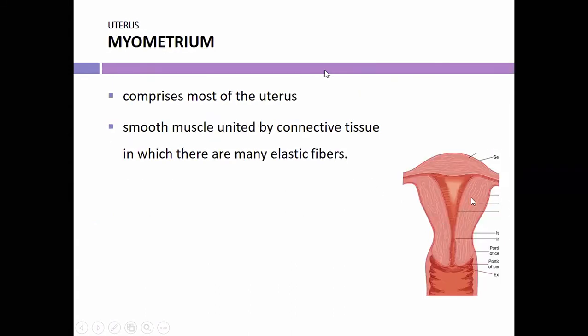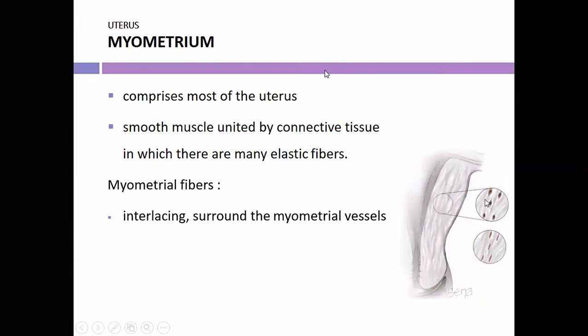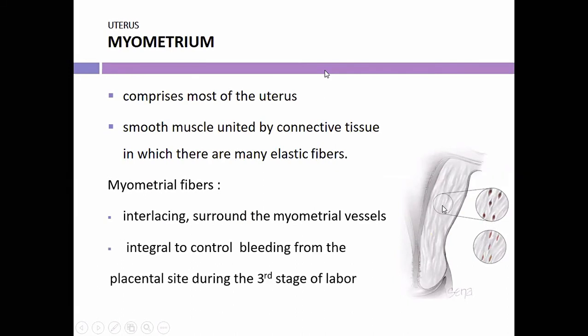Now, the myometrium, most of the uterus is composed of the myometrium. So the uterus is mainly muscular. It is composed of smooth muscle fibers. And beneath these are the vessels, the myometrial vessels, which are interlaced in the myometrium. So this has something to do with the control of bleeding during labor, during delivery, and postpartum. Because if the uterus will contract, it will seal off these open sinuses on the myometrial vessels,